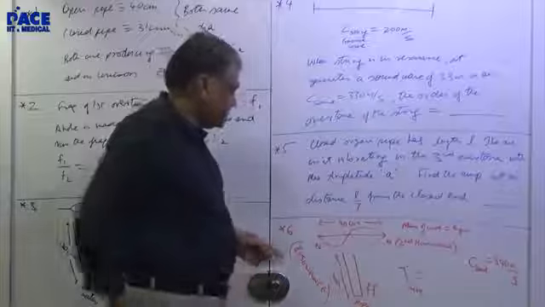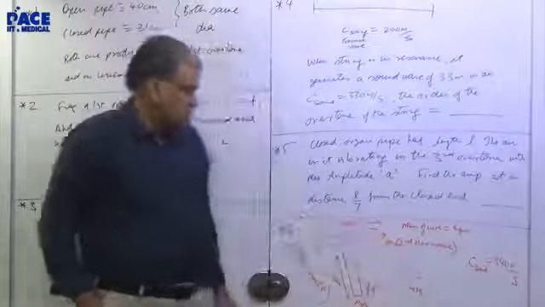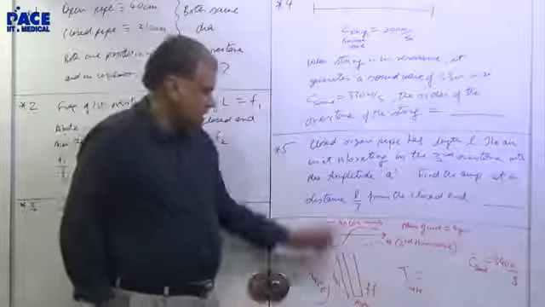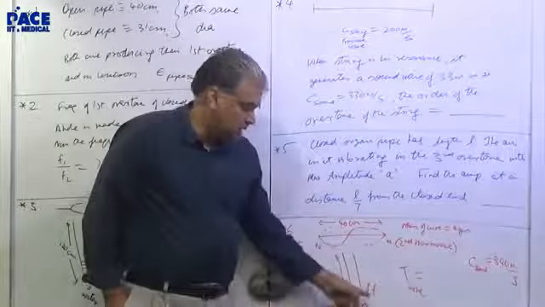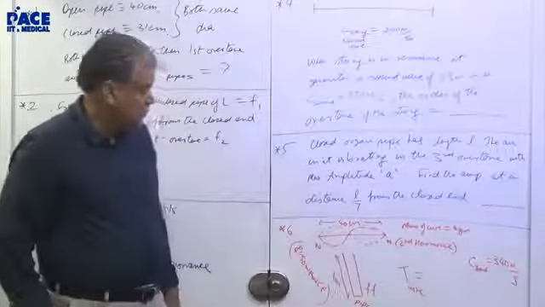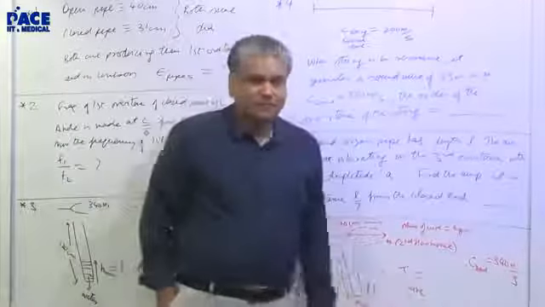In the last question, there is a wire of 40 centimeters vibrating in its second harmonic. The mass of the wire is 4 grams. It is resonating with a pipe in its fundamental frequency. The pipe is 1 meter long. If they are in resonance, what is the tension in the wire?